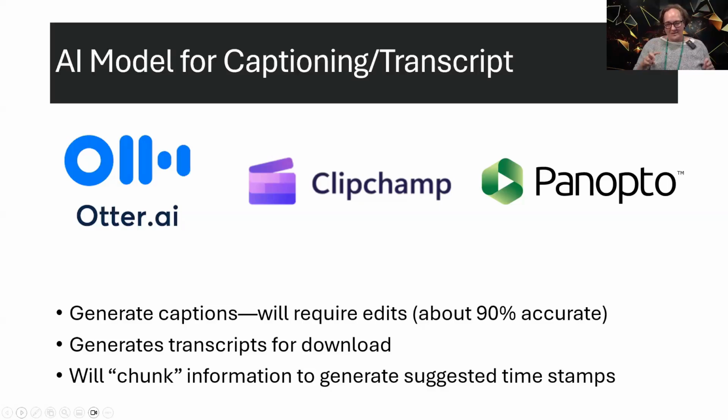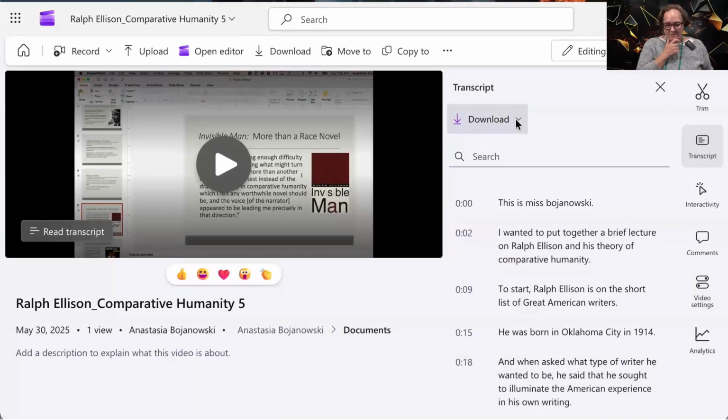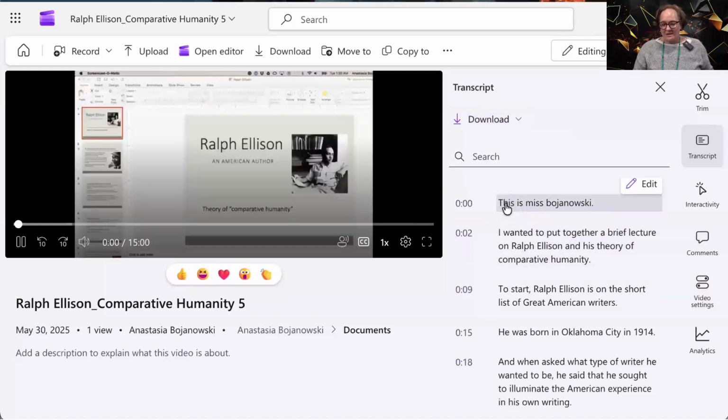And then also it will generate transcripts. And what I love is it will chunk the information with the summary feature and suggest timestamps as well as titles. So I have another screen capture for you. This is a video that I've uploaded. You can see that the transcript, you can download it in Docs or VTT. You can also edit the